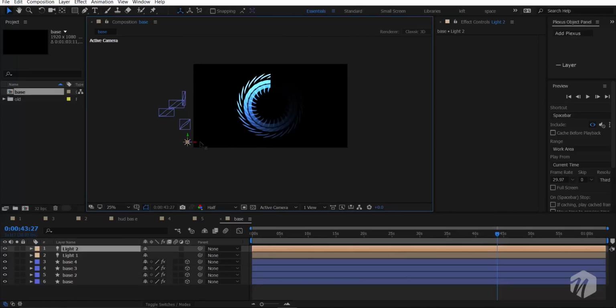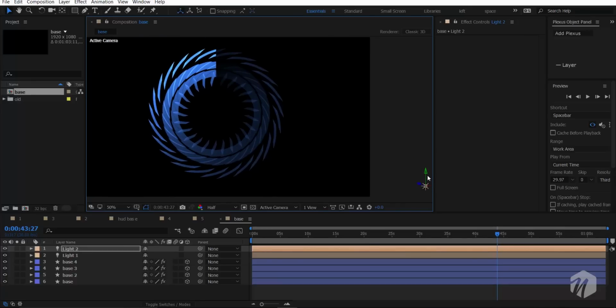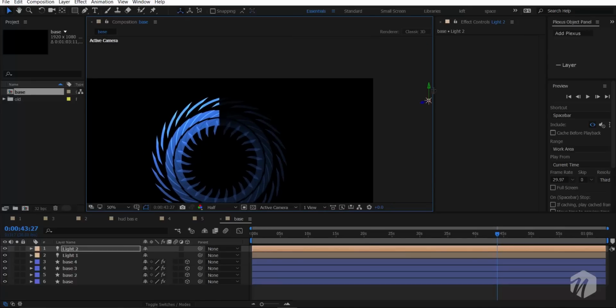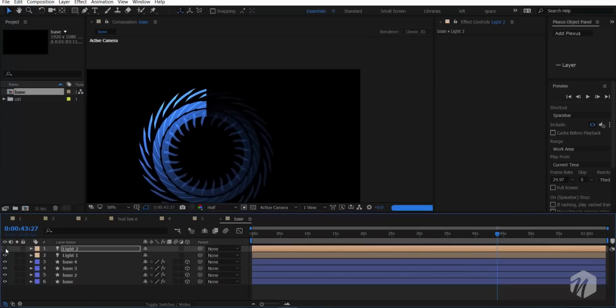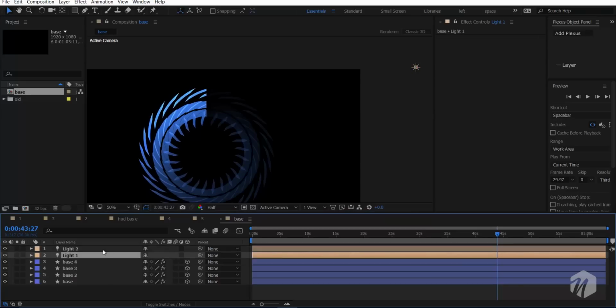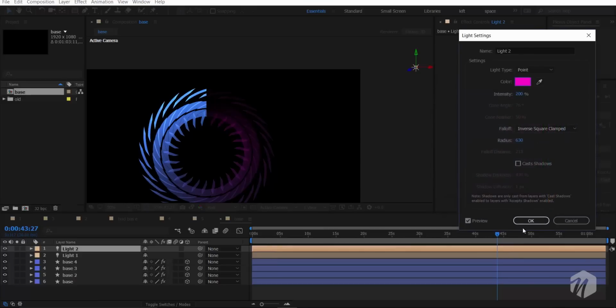Alright, so just duplicate the light and just put it down here. And you can see always when we add a new object, it has an effect on our shape layer. So this is good because we are creating an abstract look, and we need those things. And don't worry about that, it will be good. So which color is good? So add a pink, maybe dark pink is good. So hit OK,